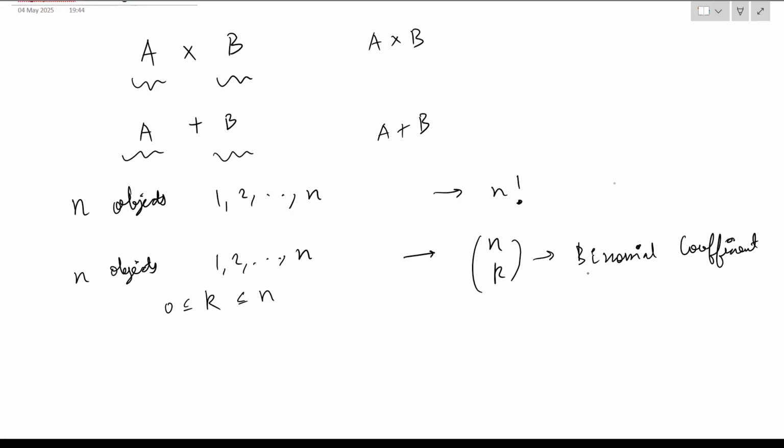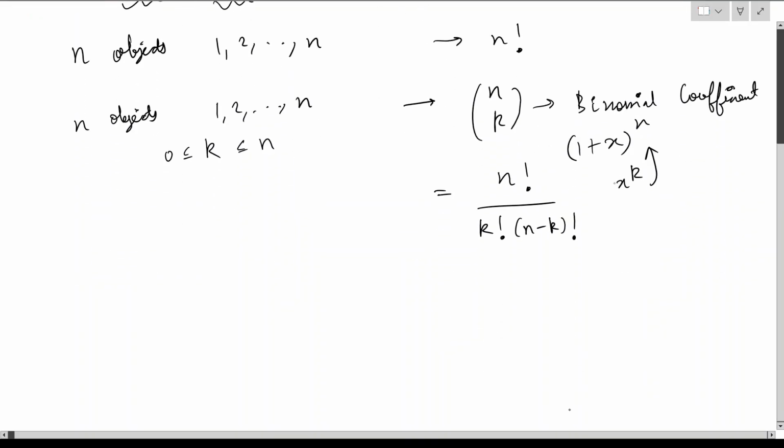And of course, the reason that it's called a binomial coefficient is because it shows up in the expansion of 1 plus x to the n. So the coefficient of x to the k in this is in fact n choose k. But maybe this part is not so important for us. Next, there's also multinomial coefficients, but that is probably outside the scope of this lecture for now. This is also expressible in terms of factorials as this. It's just n factorial divided by k factorial times